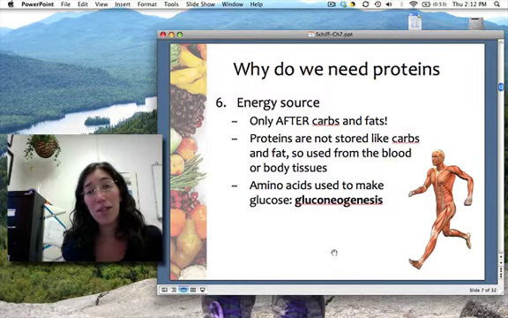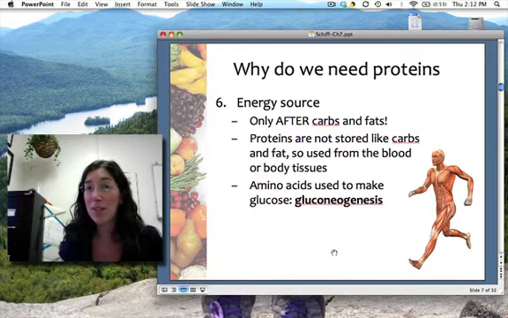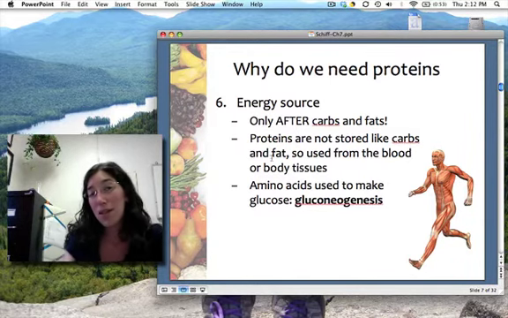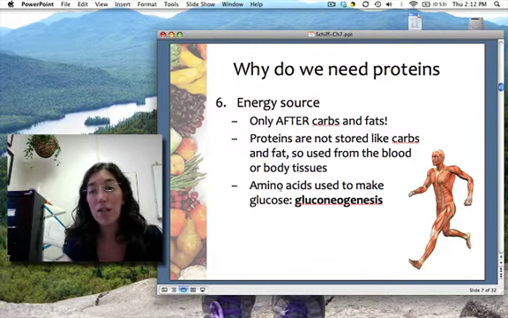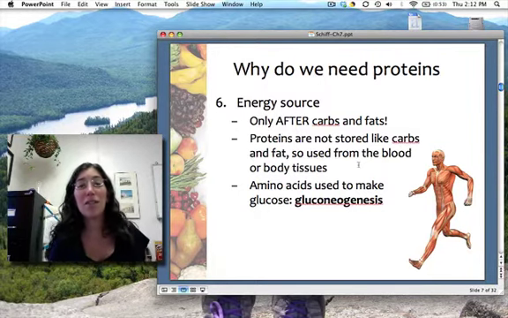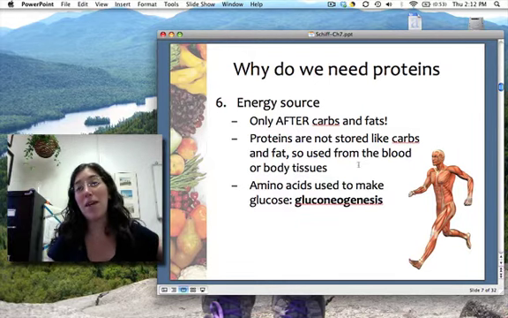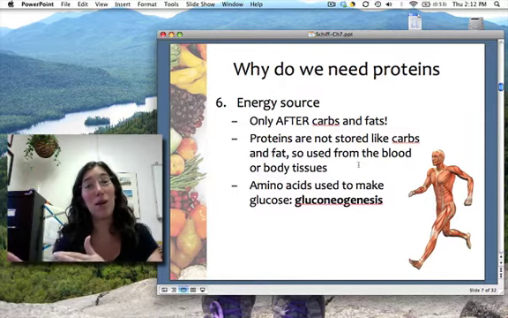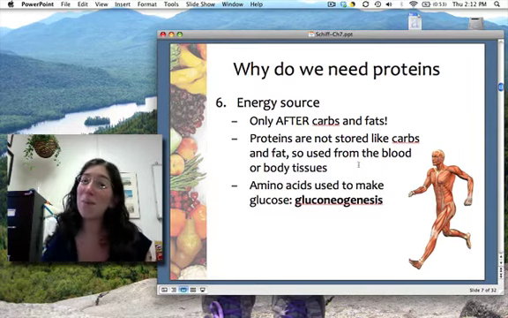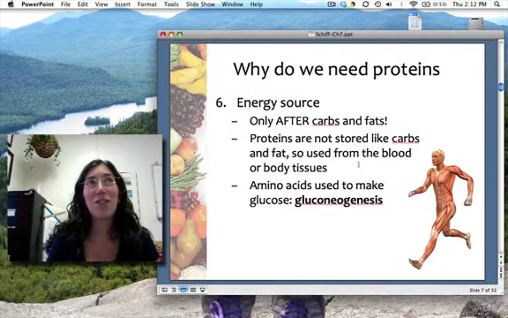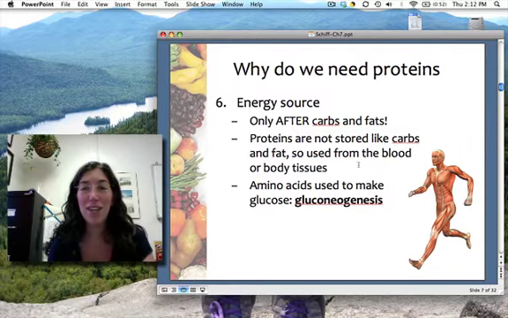So we don't store proteins like we store carbohydrates and fats for energy. Really, we use proteins, and whatever proteins we're not using, we mostly get rid of. So we don't have extra stores of them. Also, when we use proteins for energy, we can't metabolize amino acids directly to make ATP. We actually have to turn the amino acid into glucose or a triglyceride, and then break those down to make ATP. I guess there is actually a sideways pathway to turn amino acids into ATP, but it's not